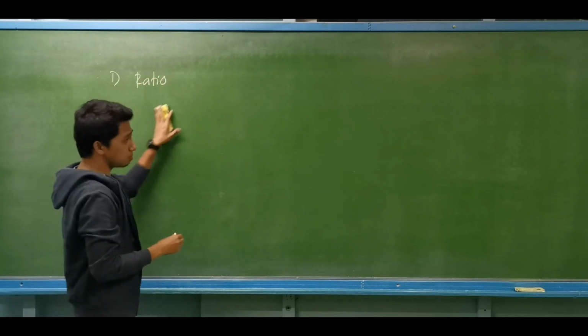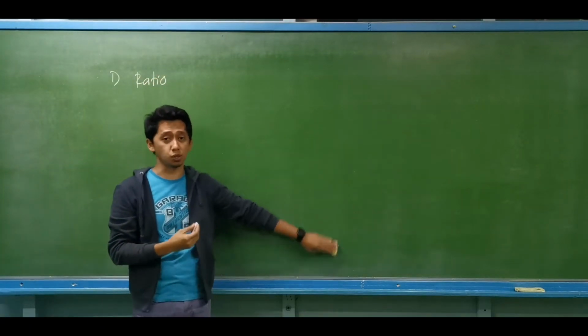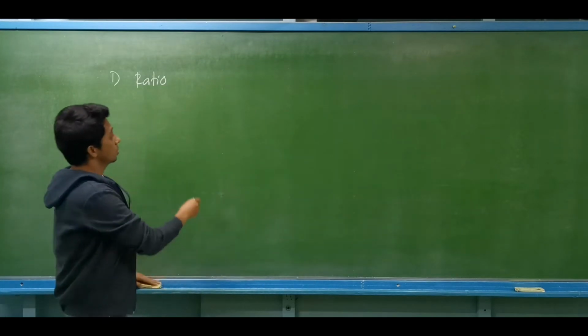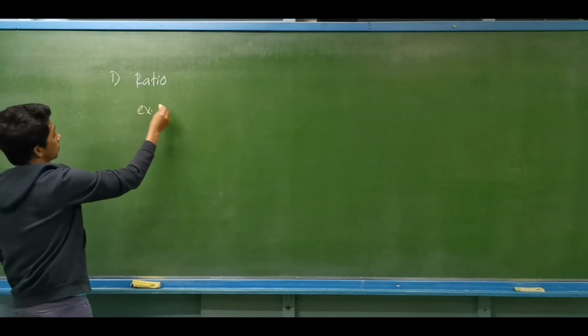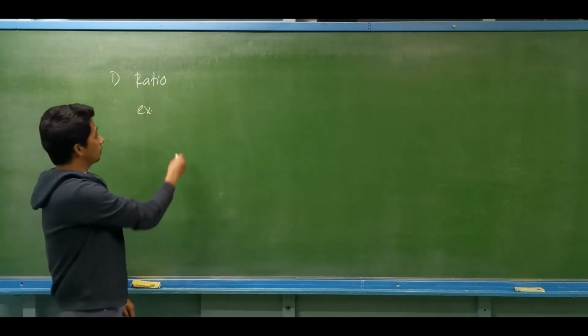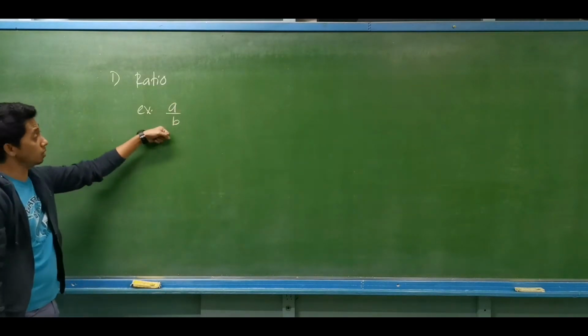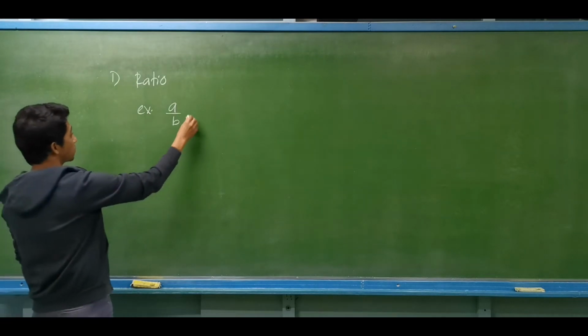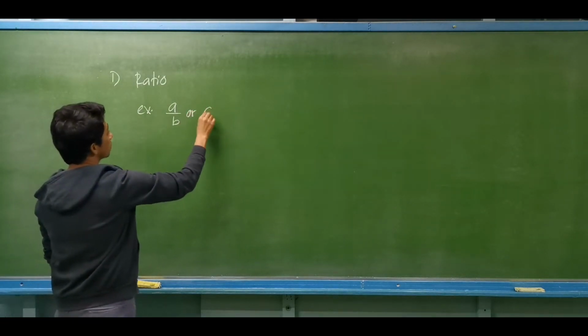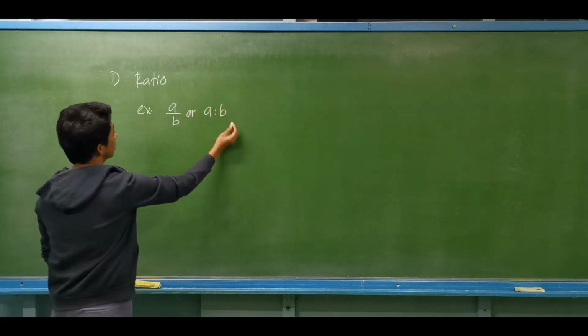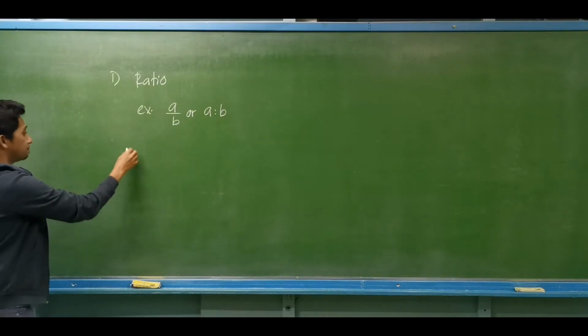So if you say ratio, basically the quotient of two numbers or two identities. So we can express a ratio in terms of a fraction. For example, a over b, so the ratio of a to b. Or we can express it using a colon, that is a to b. So for example,